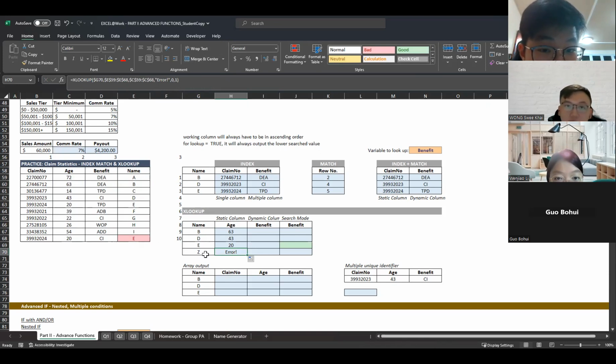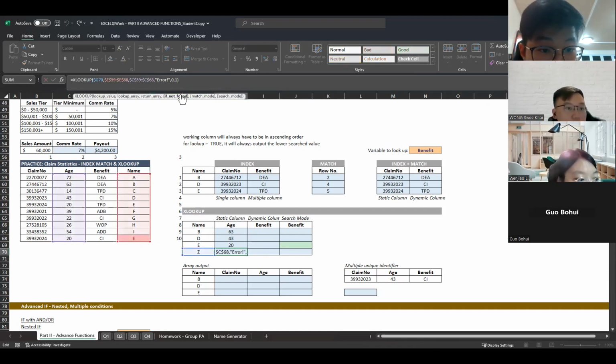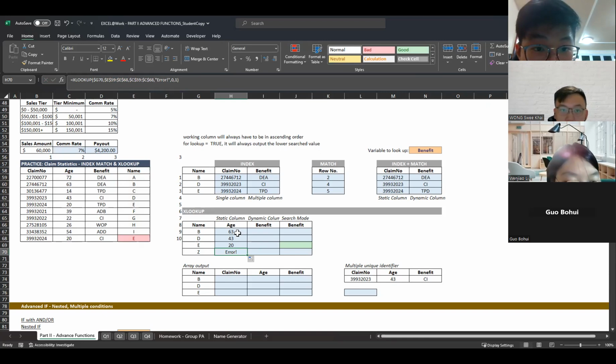Let's say that I'm searching for something and wonder how come this one is an error. Then maybe I didn't put the name Z into this database, and then I can go do something about it. You get what I'm saying? It gives you a sanity check in case you missed out some important stuff. So this is interesting for this input here. And yeah, that was for age.